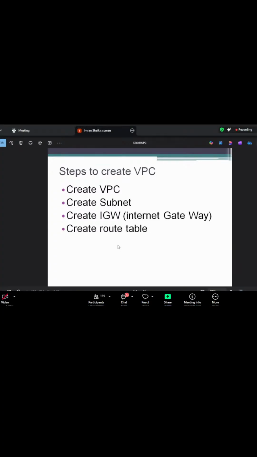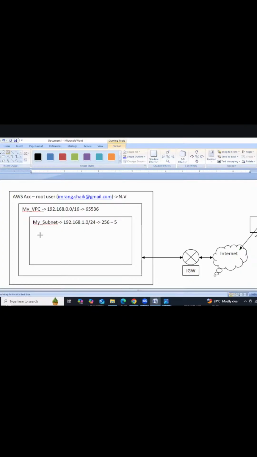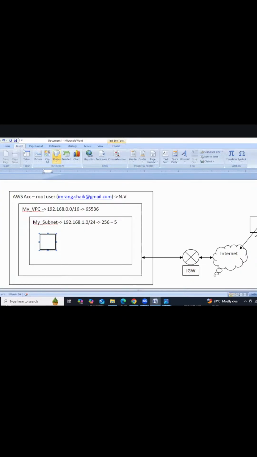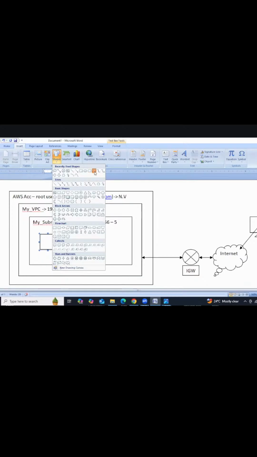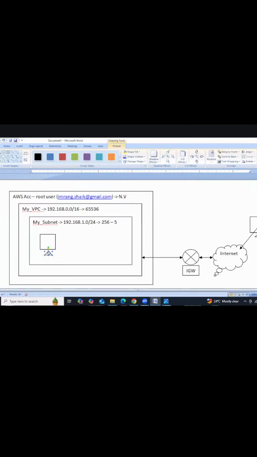Then the route table. So here we are launching one instance. Assume we are launching one instance into the subnet. Subnet means it's our personal network, right? This is the EC2 instance.